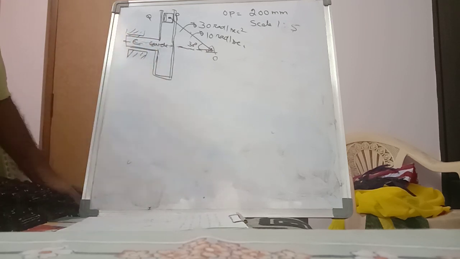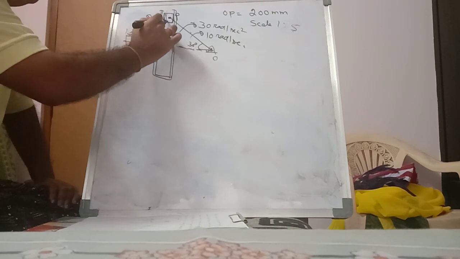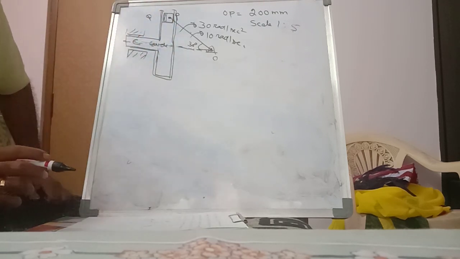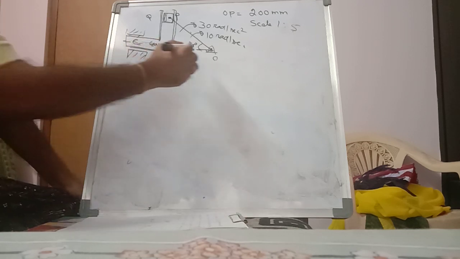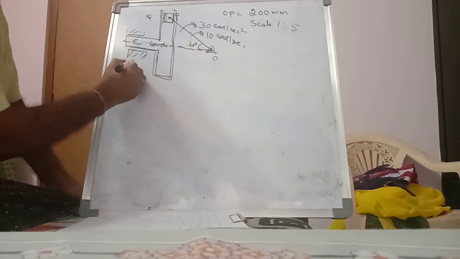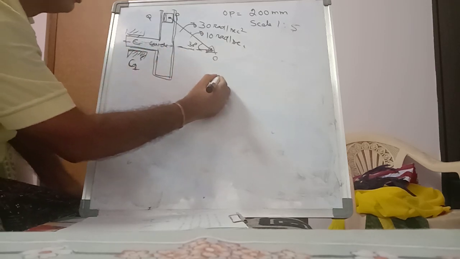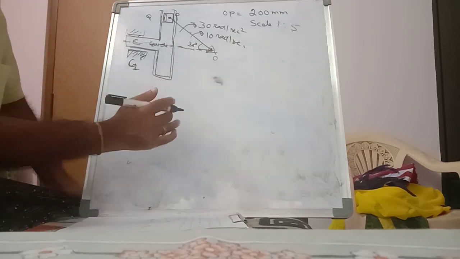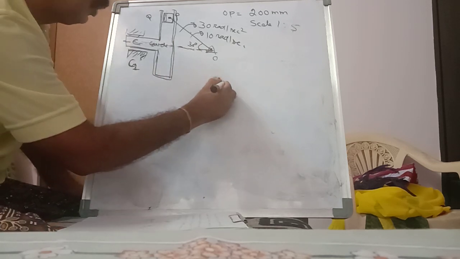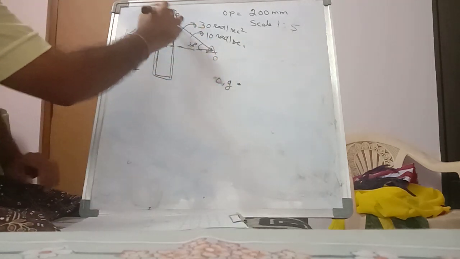We have to find out the acceleration of point P or slider P. Now we will see how to draw the velocity diagram. Here, what are the fixed points? This is the guide, and G is also given as fixed. So O comma G are the fixed points. From the fixed points OP is given.